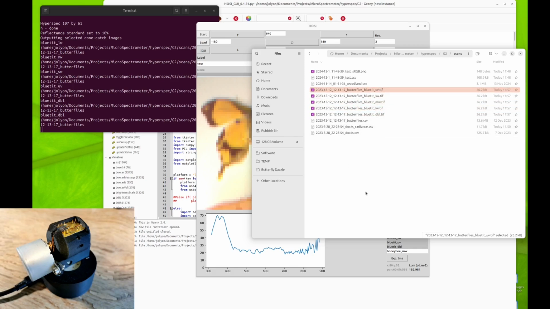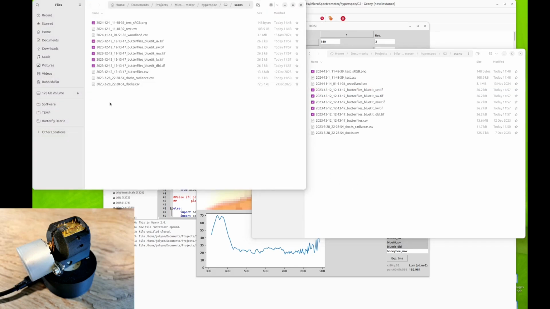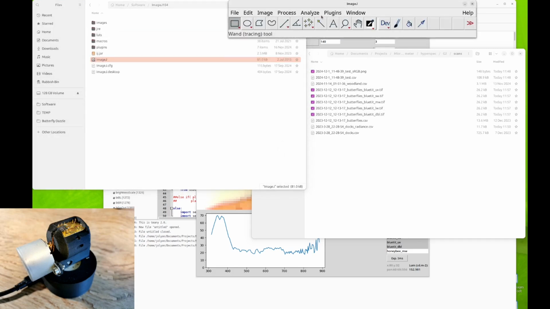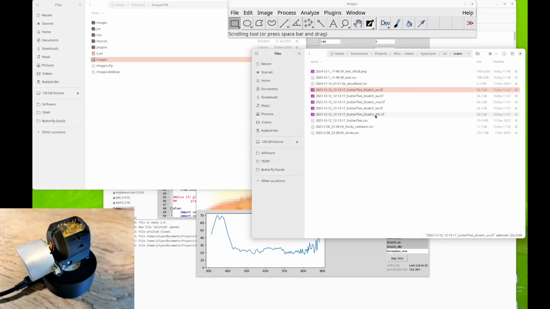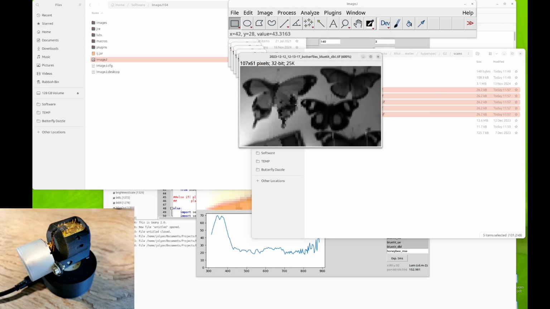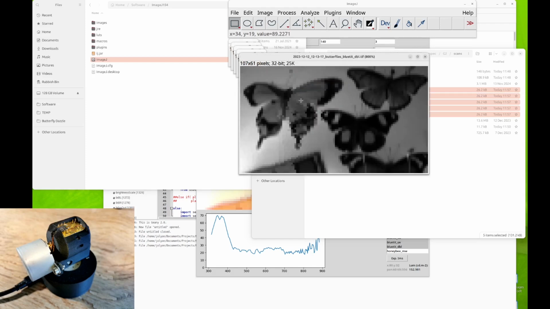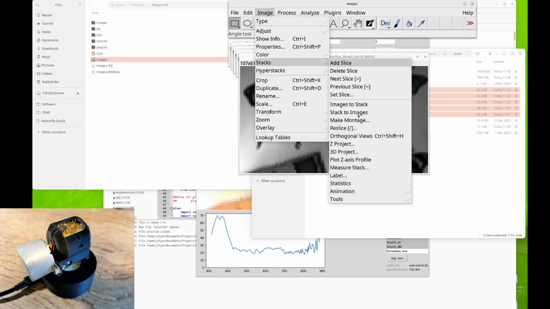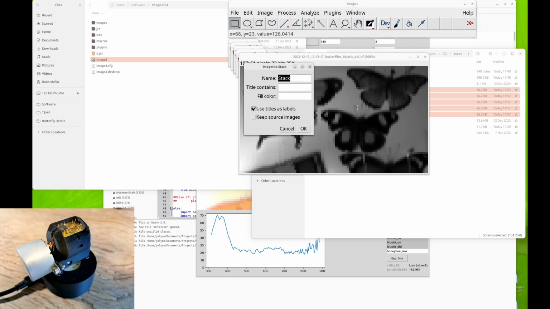And these images are readable in ImageJ, for example. So if we go into ImageJ, we can select these images, open them all up, and these are 32-bit cone catch images now. So this is the double cone, and we can turn this into a stack. So images to stack,